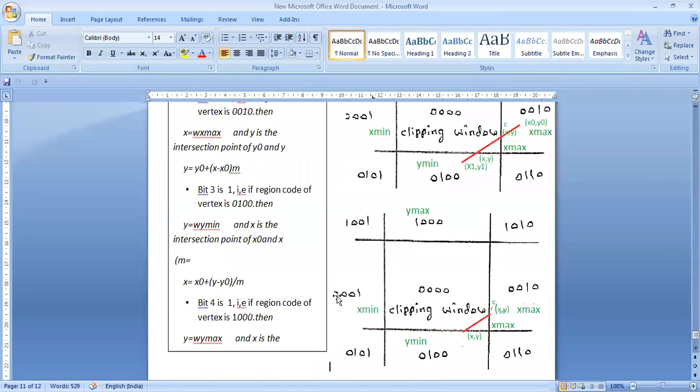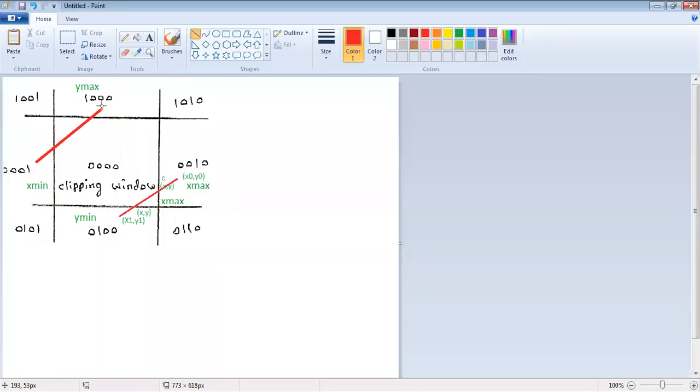So now what happened? This line was below, so I need to bring it here. Y I directly got because this is below. That means I need to bring y to y min. Y I brought to y min. So this part of x, how did I calculate? X naught plus y minus y naught divided by m. So on the same lines, if the condition is this condition, okay, come to this condition. This condition we saw. Come to this condition.